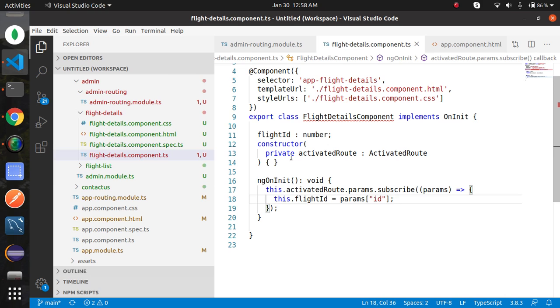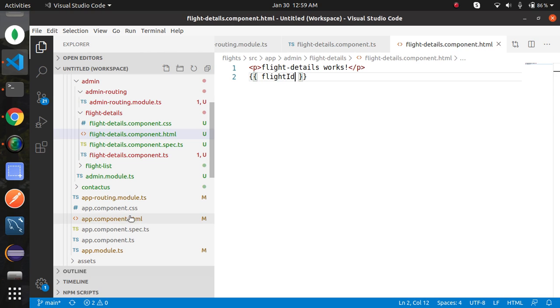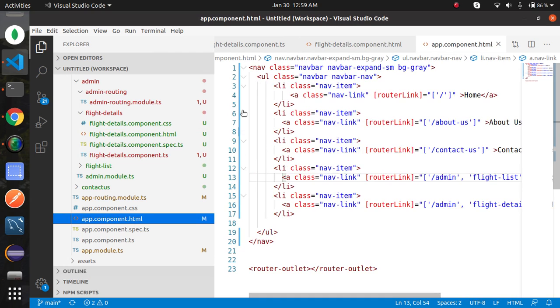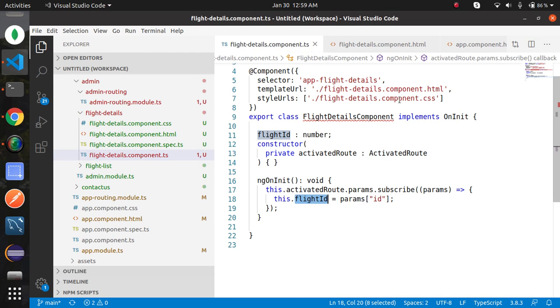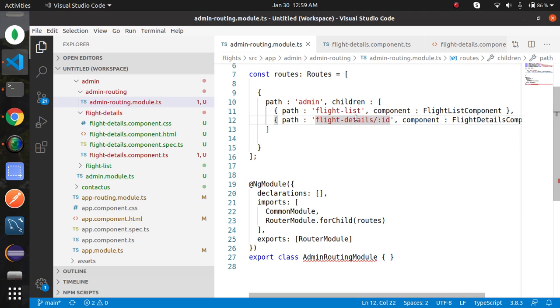Now go to your design file, that is the HTML file, and view this value in the browser. Here flightID, and go to your component menu section and provide some value for this route. For this route, flight details slash ID.